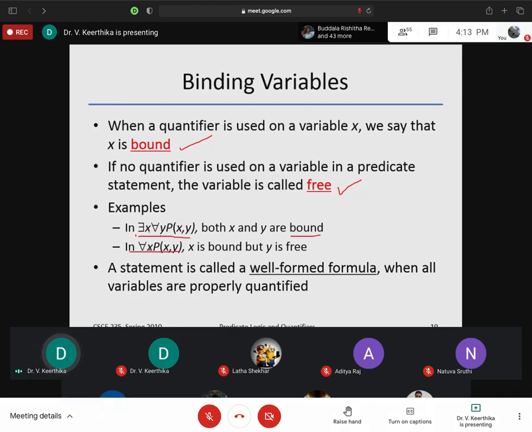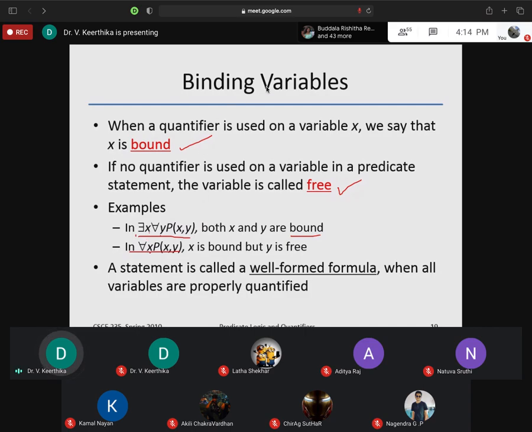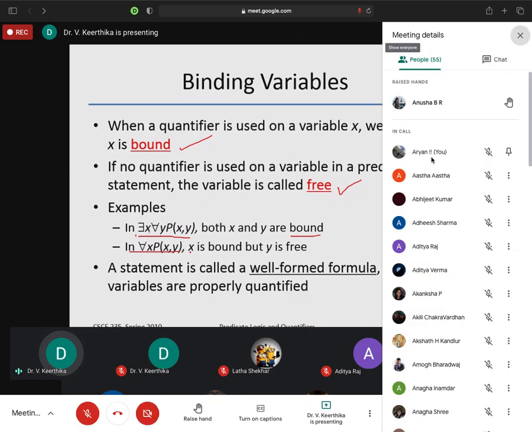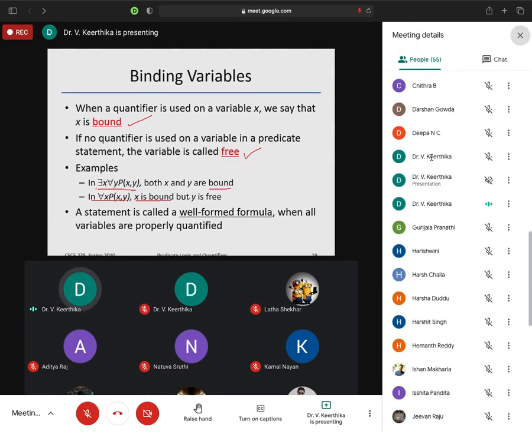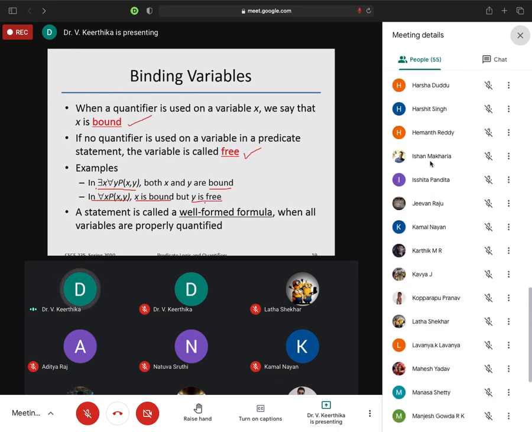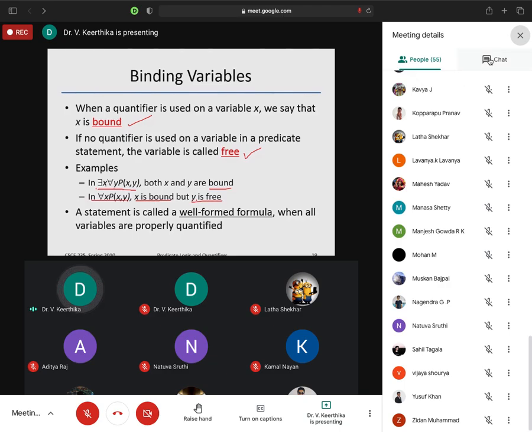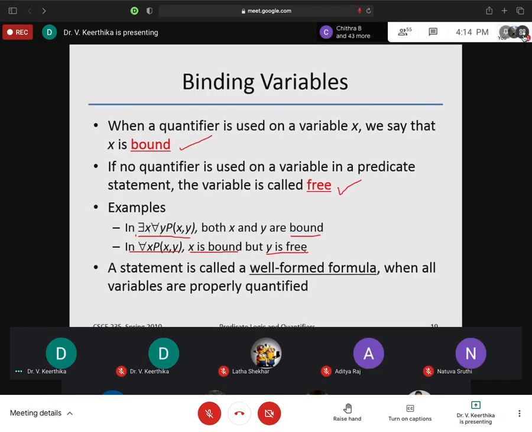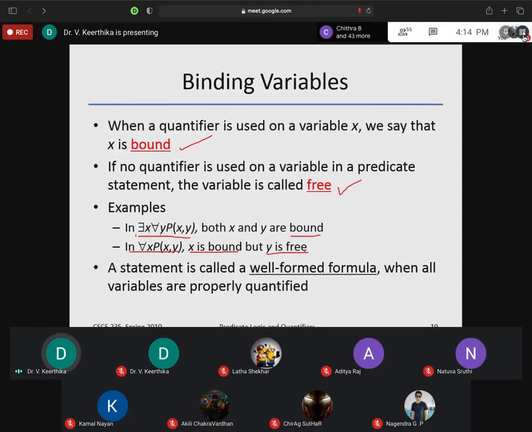Come to the second example. Here I am using the quantifier only for x, not for y. So x is bound and y is free. Can you understand what I'm trying to tell you?